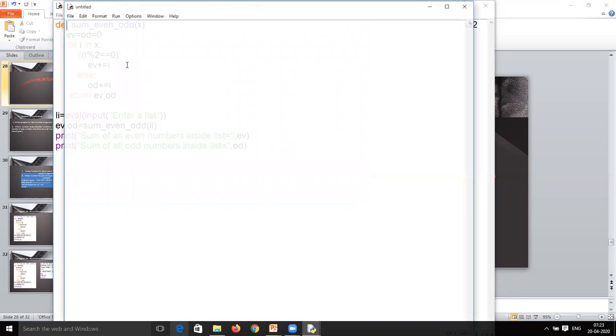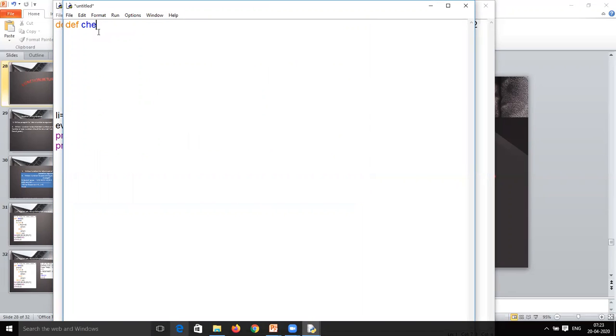Okay, let us write code to check if a number is prime or not. We will need one argument for that, so that we can check if it is prime. For a number to be prime, it must not be divisible by any number other than one and itself. So I will divide that number by 2 to y and check if it is divisible by any number.